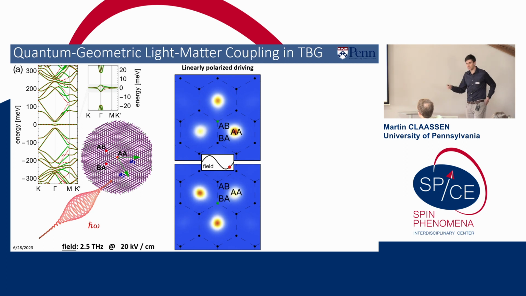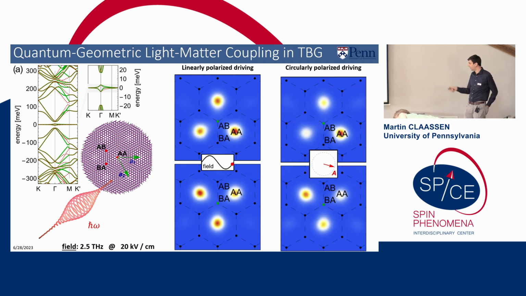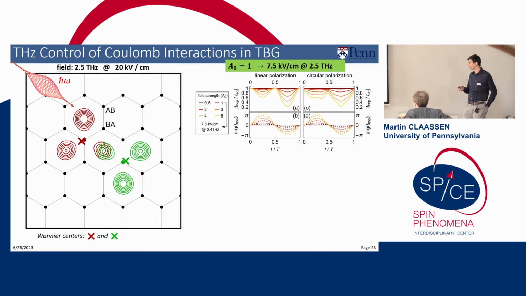Precisely what happens is that this orbital must now deform in the light field. And since it's delocalized over the length scale of a moiré unit cell, it will start to breathe in the light field and thereby dress low-energy interactions and potentially change the correlated phase. This is for linear polarization and circular polarization. We'll look at ramifications for the interacting problem in a second.